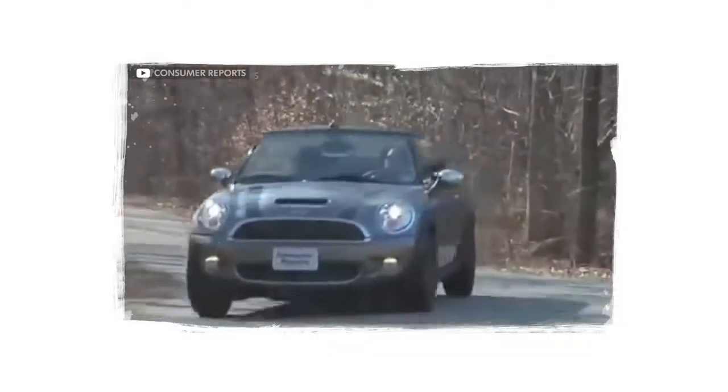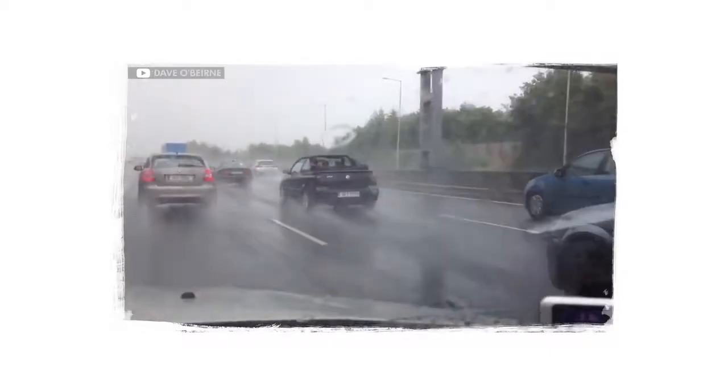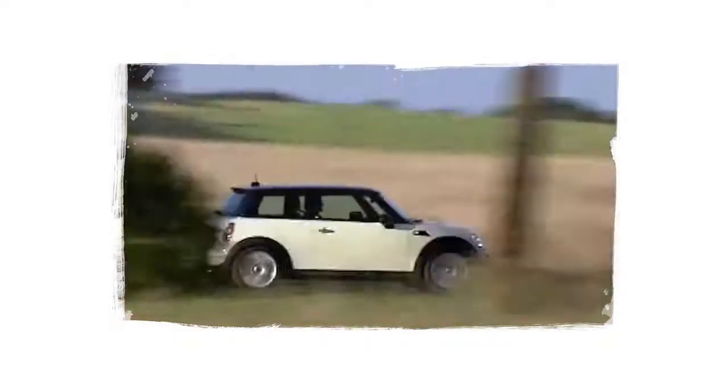Like the Mini of old, the brand started introducing fresh models to expand the brand. You got the Mini Convertible in 2005, which is great for California, but not ideal for rainy Britain, where it was born. In 2007, Mini introduced a diesel version, which we never got in the States because we never get